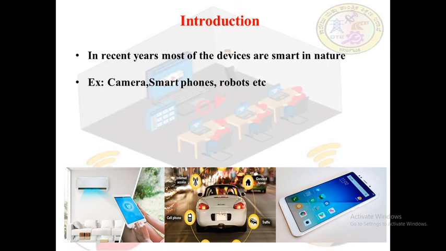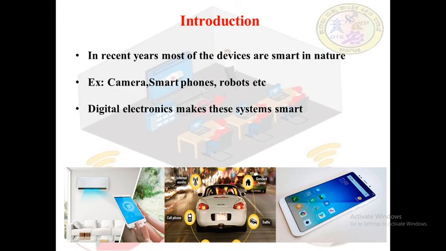We see automatic cameras which can adjust its lenses to the required picture quality. We see the smartphones, we see robots working in industries, assembly lines, etc. They are smart in nature. They are able to adjust themselves for the changing variables. This digital electronics make this system smart. Digital electronics is the fundamental concept which has made possible all these smart systems.